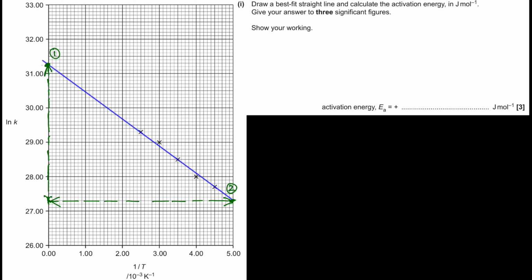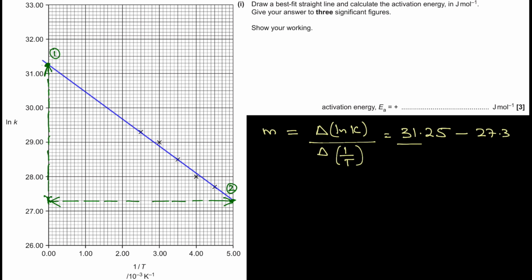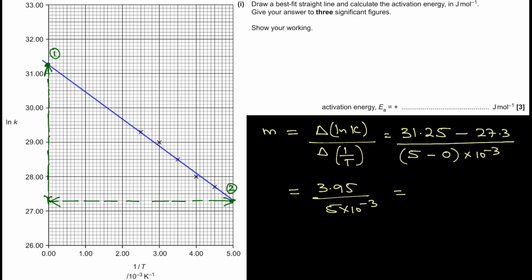Point number 2, the gradient m will be equal to change in ln K over change in 1 over T, 31.25 minus 27.3 over 5 minus 0 times 10 to the power minus 3. M is 3.95 over 5 times 10 to the power minus 3. That equals to minus